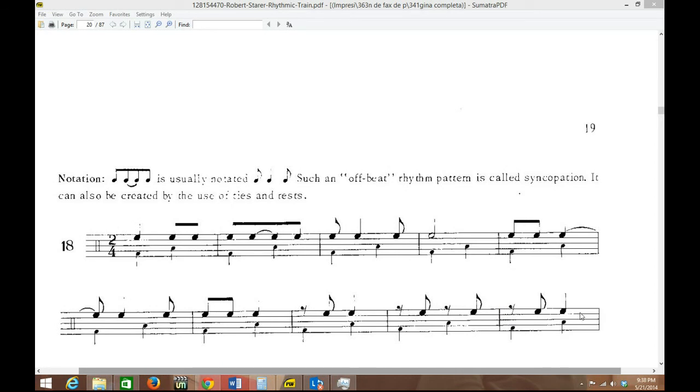Alright, that's kind of a long explanation. So let's see if we can do lines 1 and 2 together. I will hopefully not make a mistake on this first time. If I do, I'll try to do it again. It's important to keep that steady pulse. And here we go. Ta, ta, ta, ta, ta, ta, ta, ta, ta, ta, ta, ta, ta, ta, ta, ta,